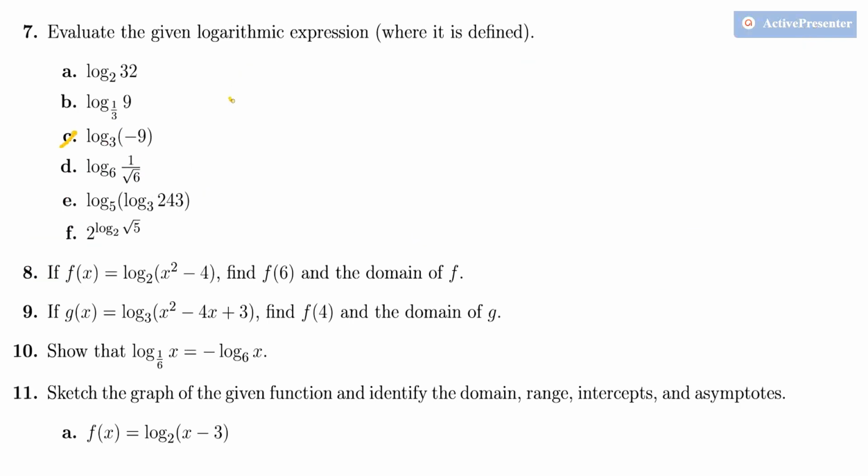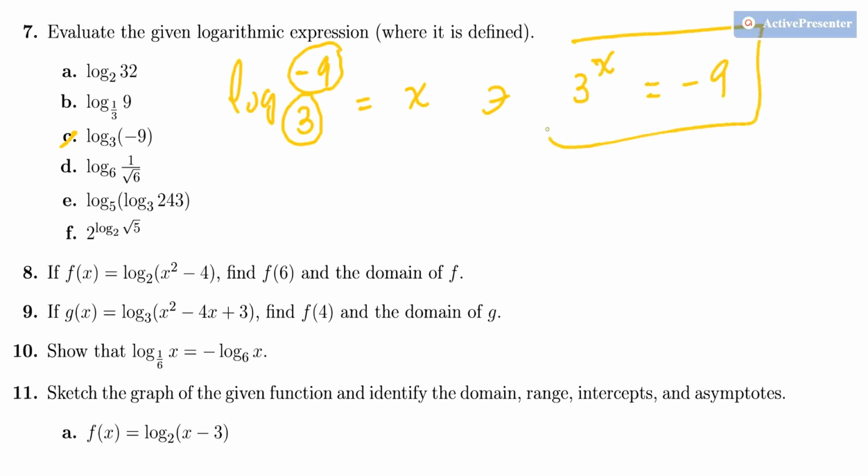C, the logarithm of minus 9 to the base 3, it says. So the base is correct but the argument is negative, so it doesn't have a value. You cannot get a value x so that 3 to the power of x equals minus 9. When you change it into exponential form, whatever real number you input for x, 3 to the power of x is always greater than 0. So this says minus 9 is greater than 0, which is false. So it is not defined.